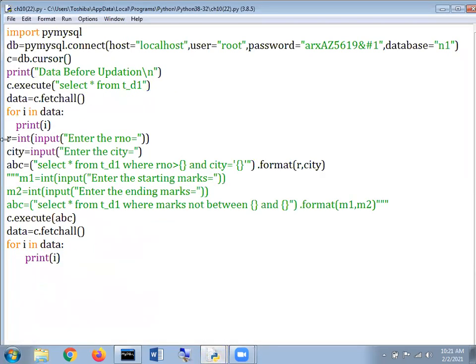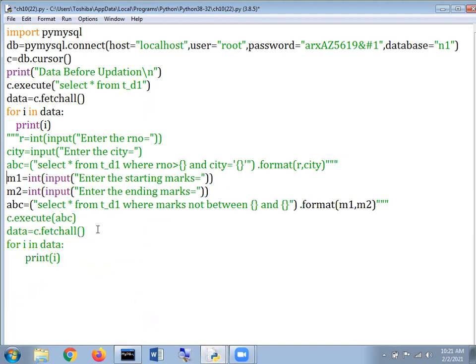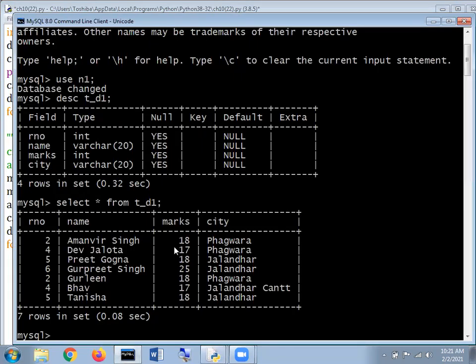Next, here it is. I'm just going to make this a comment. मैं इसको एक comment के अंदर लेके जा रहा हूँ. And next criteria, kindly concentrate. I'm just going to make this an active statement. What will be the meaning of that? We are asking for the starting of marks and we are asking for the ending of marks. When we display here 18, 17, 18, 25, 18, 17, 18, these will be the range of the marks.